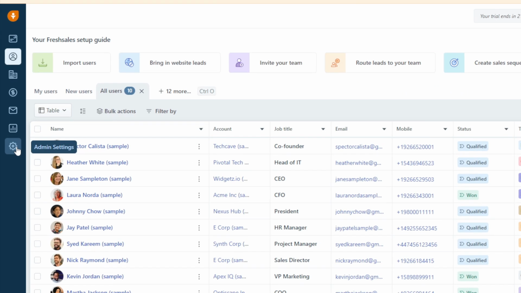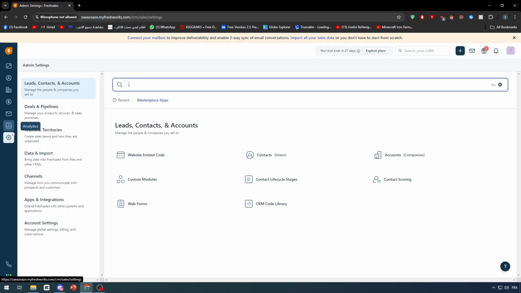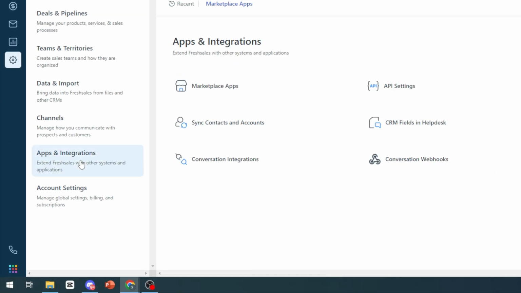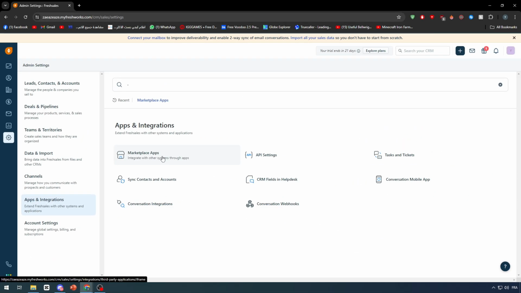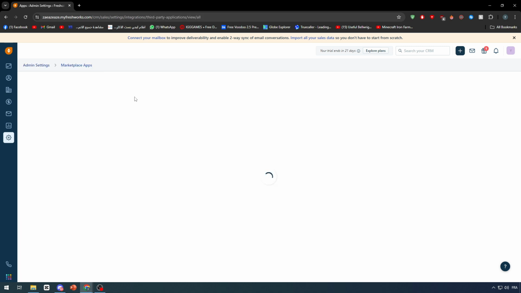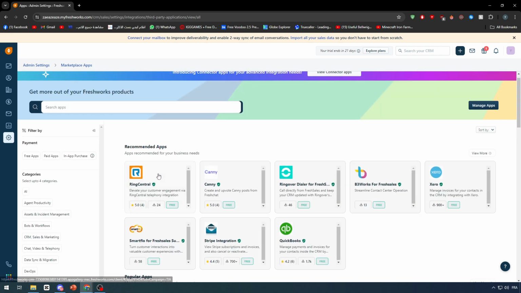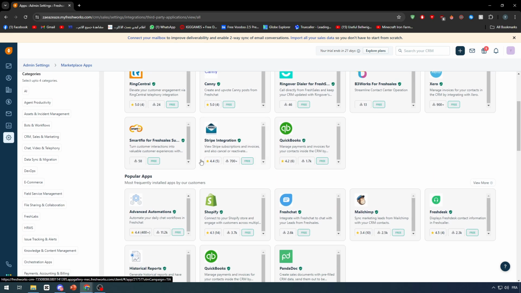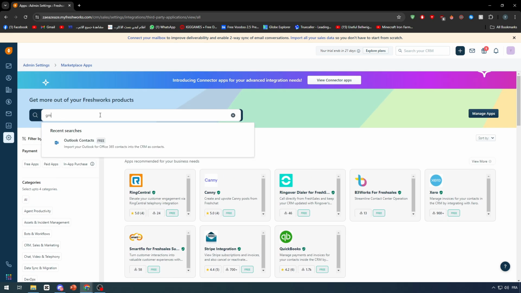Now for integration, go to admin settings, and from there search for the apps and integrations and go to the marketplace apps. So for today's video, we are going to connect it for Gmail. So let's search here for Gmail accounts. You can literally go for the first page and search for it. In case you didn't find it, just type Gmail in here,